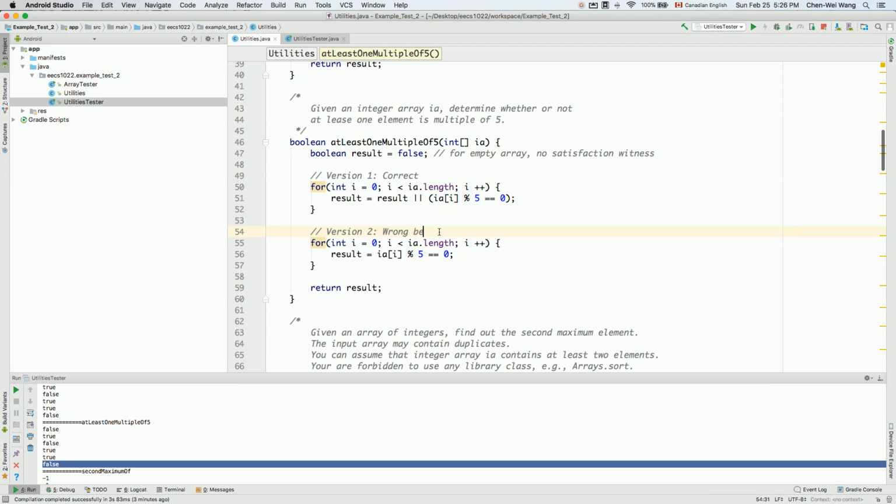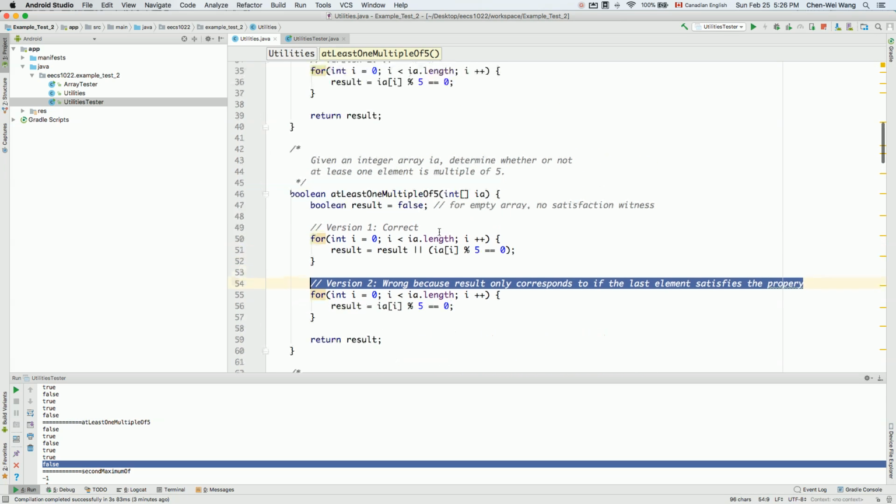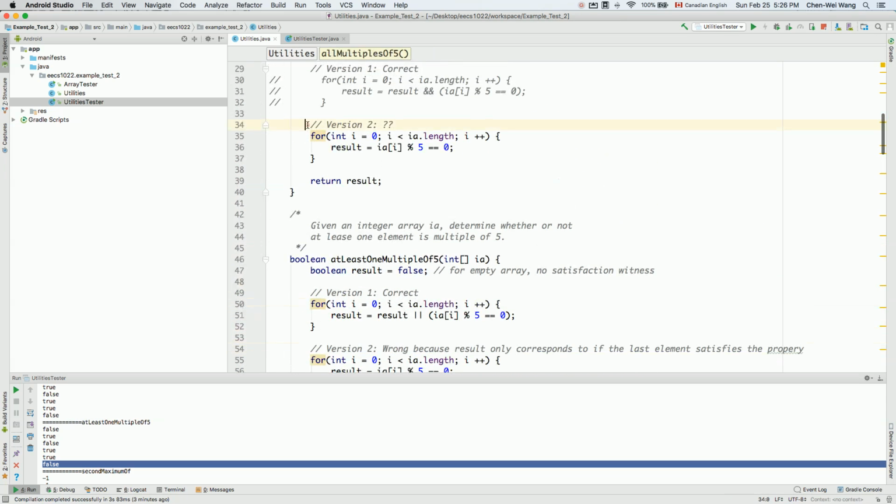It's wrong because result only corresponds to whether the last element satisfies the property. Version 2, and the same comments for both. Version 2 is actually wrong. So now how can I fix version 2 so that it's actually going to work again? One way to do it is just go back to version 1 where you do have the